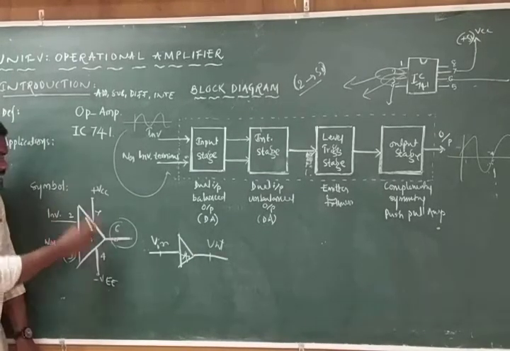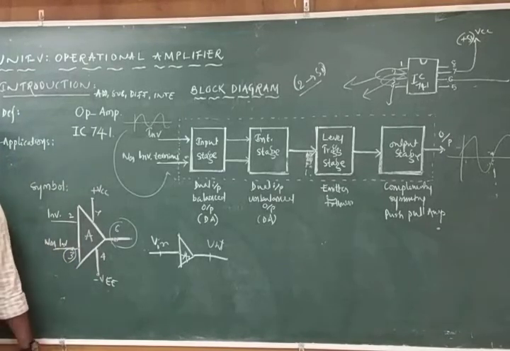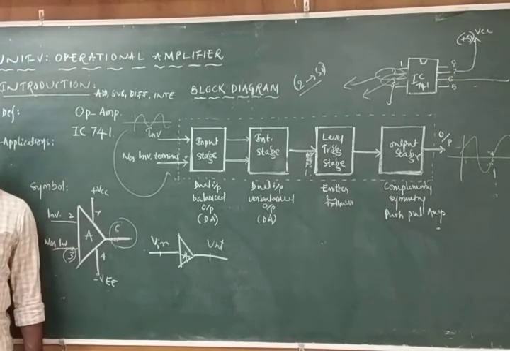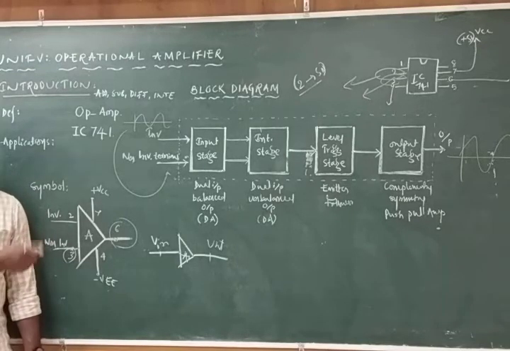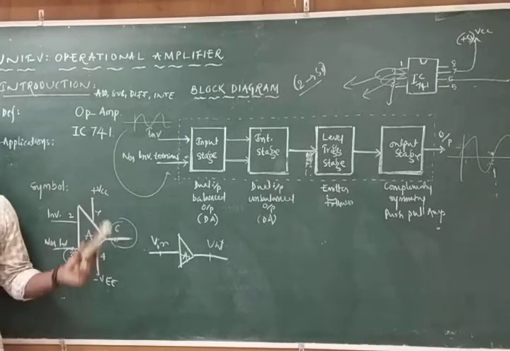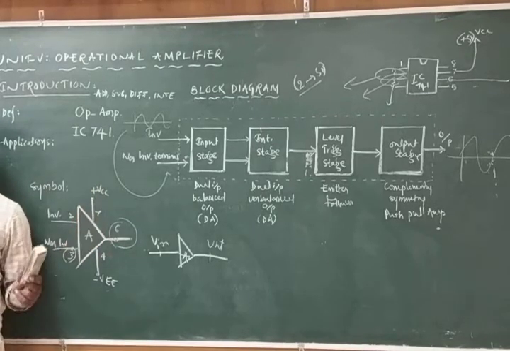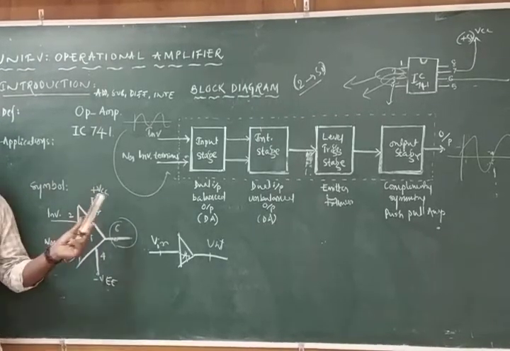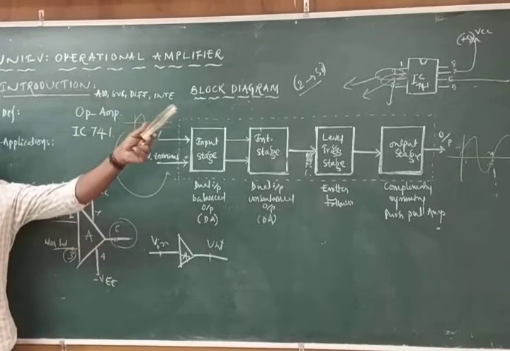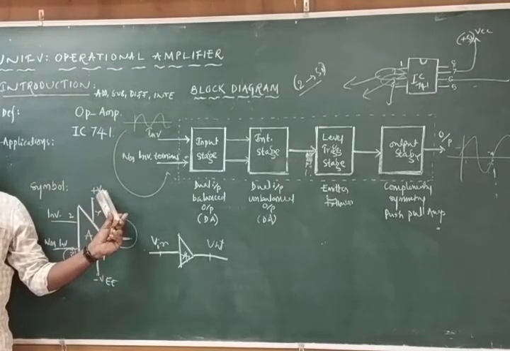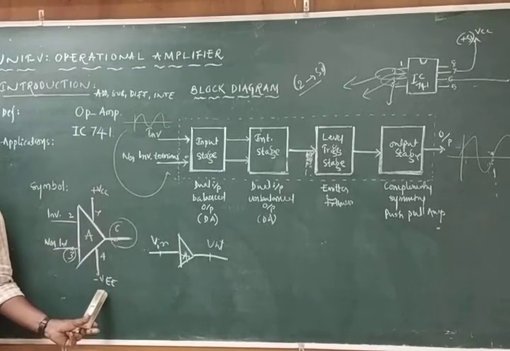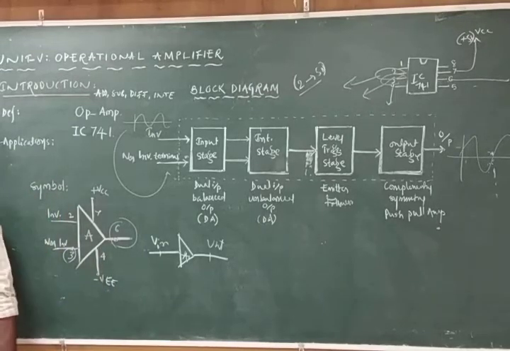These are biasing voltages, which are nothing but the required power supply to the operational amplifier. What are the 2 pins we require for the power supply? VCC and VEE. VCC is always plus, if it is an NPN transistor. VCC is plus 5 volts. Then VEE is minus 5 volts. You should remember this point, so that out of 8 pins, 5 will be completed.